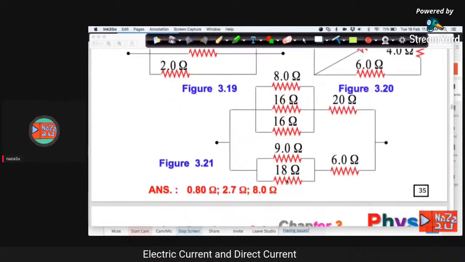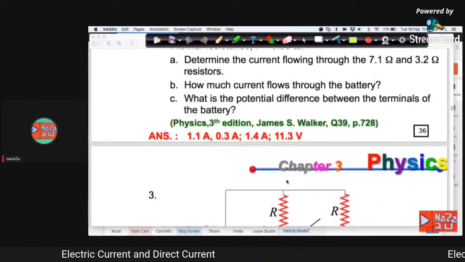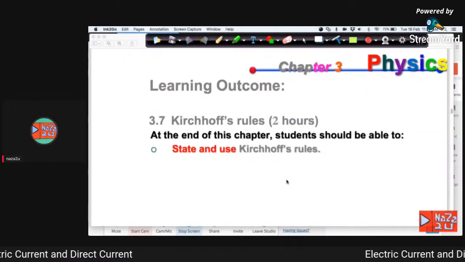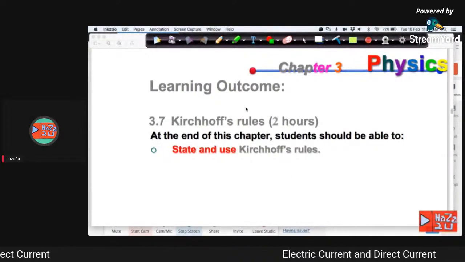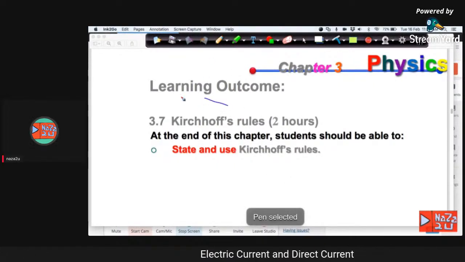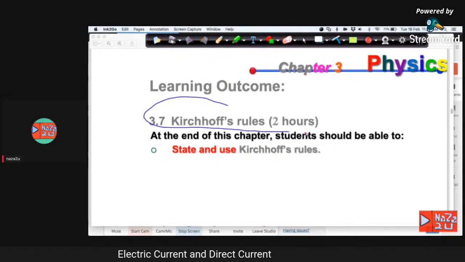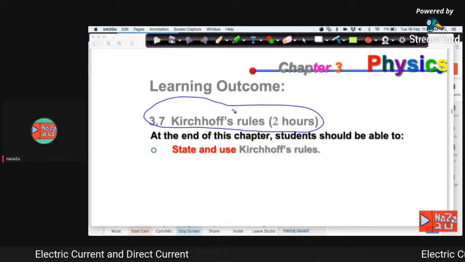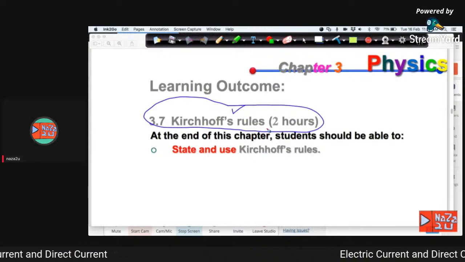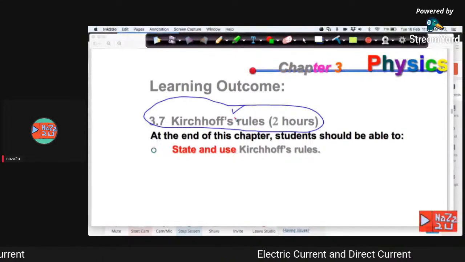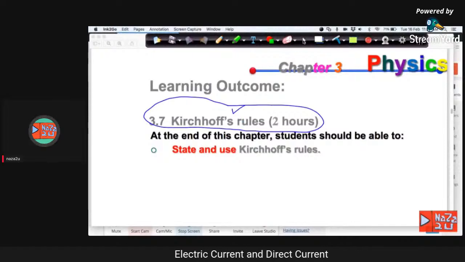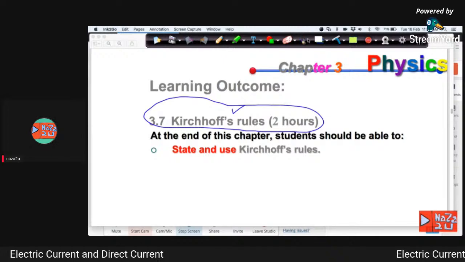So continue to the next subtopic, which is Kirchhoff's rule or Kirchhoff's law. So Kirchhoff law ni saya tak nak bincang di sini. Saya akan bincang dalam kelas tutorial nanti ya, because dia agak detail sedikit. So the next tutorial, kita ke dalam face to face, kita akan bincang Kirchhoff law. Right. Untuk the next saya akan terus dulu pergi kepada